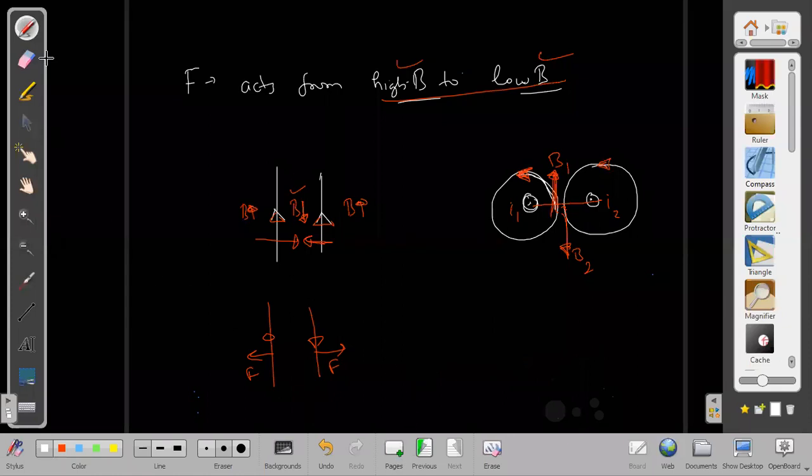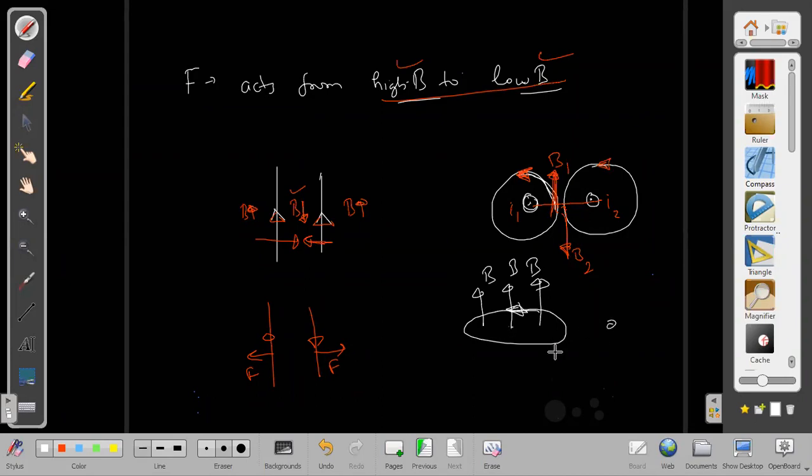Now I can ask you this question for another scenario. Let us say we have a current carrying wire, and it is placed in an external magnetic field, which is pointing upwards. What kind of force will be acting on it now? Inside, its own field is in which direction? Its own field is also upwards, and the external magnetic field is also upwards. So inside, the field gets added up.